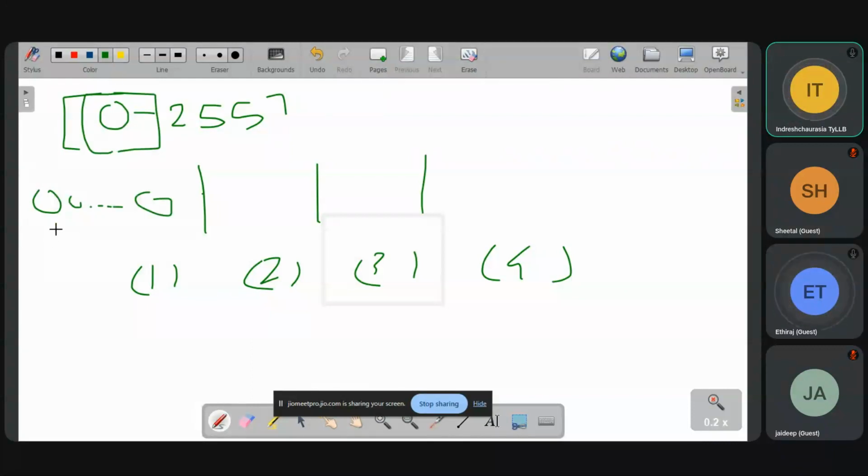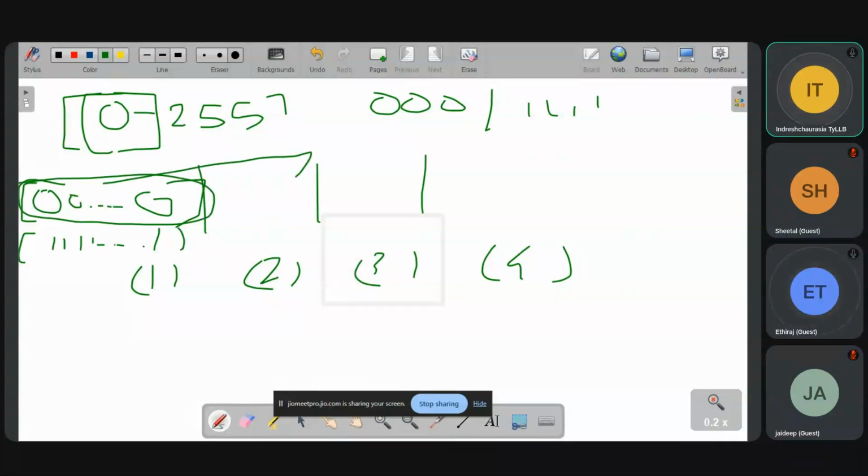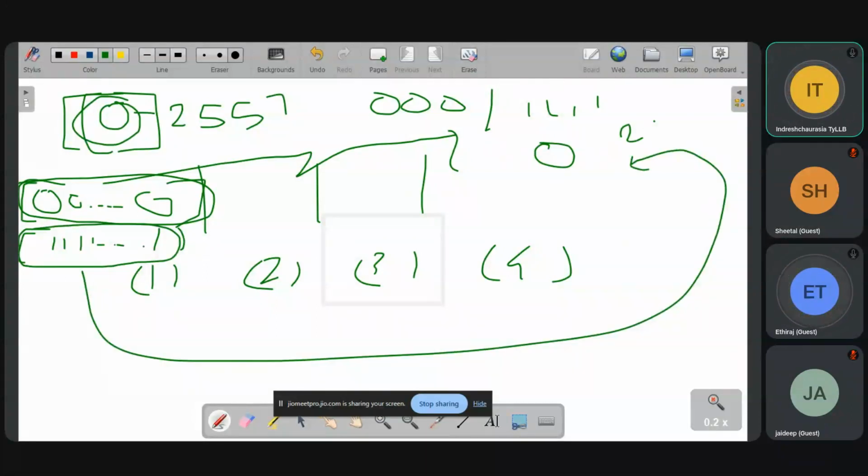And if I talk about the last combination, the computer is only talking about 0 and 1. So first is all zeros, and the last one will be all ones, dot, dot, dot, one. When you convert all zeros, it comes as a zero. So that is the reason the first starts as a zero. And when you convert all ones into a number, it comes as 255. So that is the reason you see numbers from 0 to 255 only.